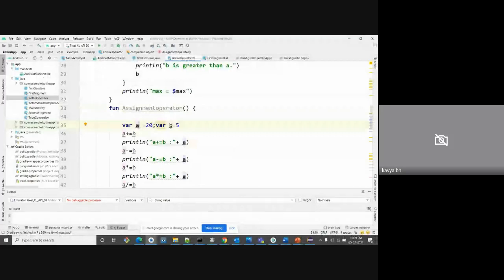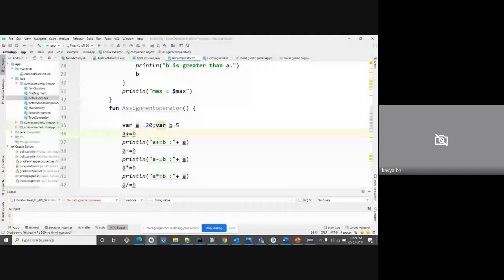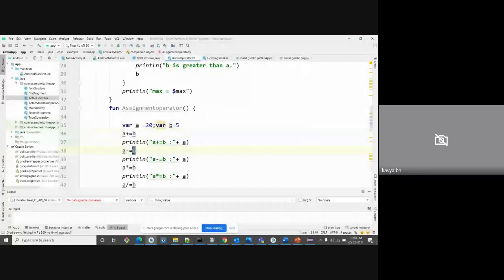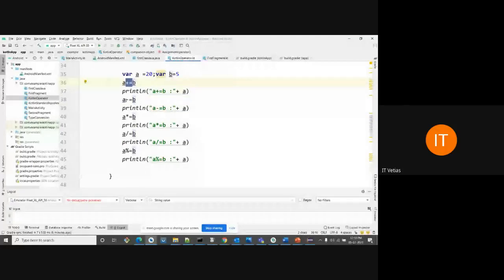Here we are doing a plus equal to b, which means we are adding as well as assigning. The second one is subtract: first we subtract the a value and then assign it to b. Similarly we have many assignment operators. This one means add and assign, this one means subtract and assign. These are all assignment operators.